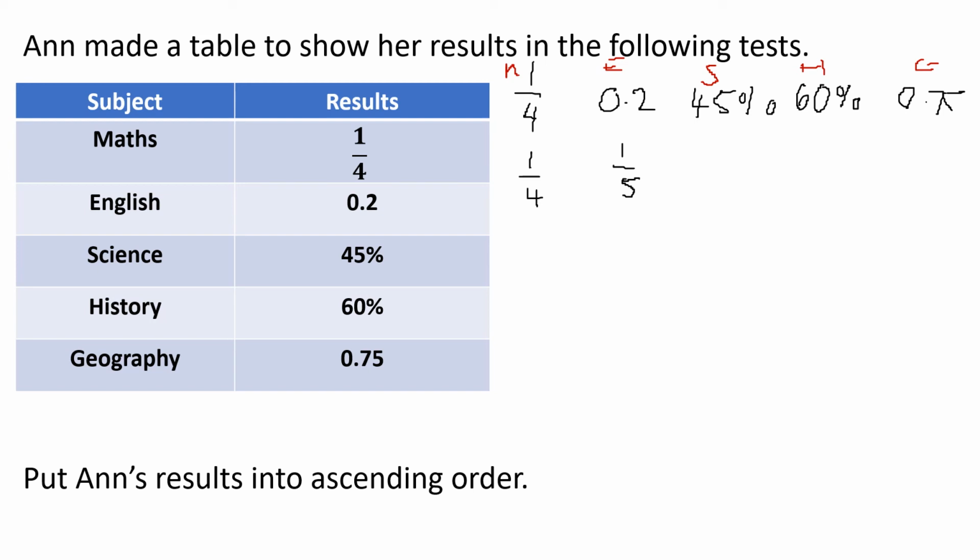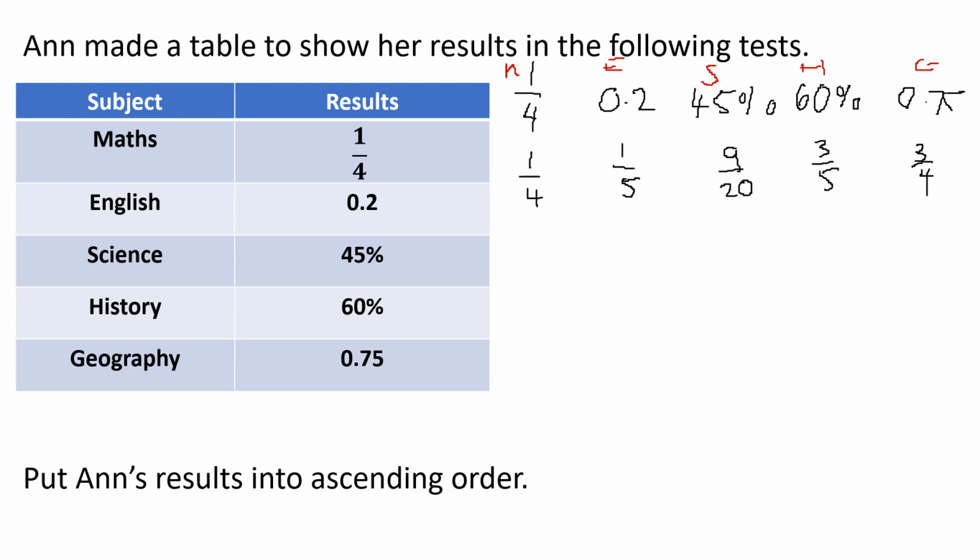Once we've done that, we will be left with 9/20. 60%, same again, percentages are out of 100, so we can write 60/100, simplify it down and we're left with 3/5. And 0.75, same as our previous example, it would be 3/4. So at this stage we have 5 fractions, but they're not all common denominators, so I would again start off